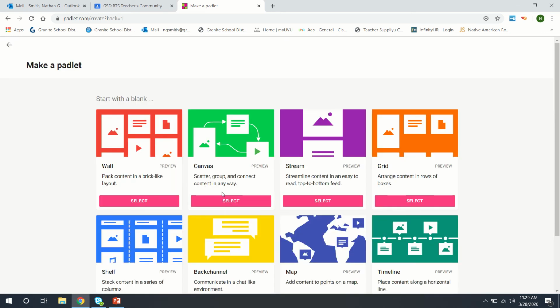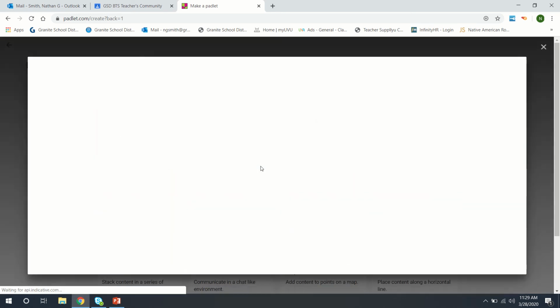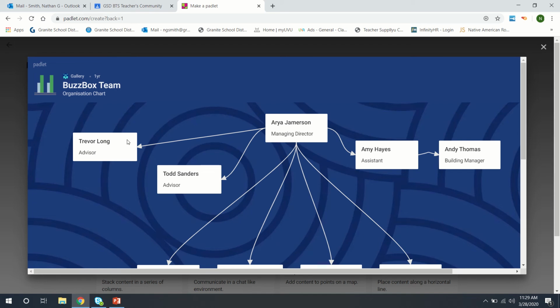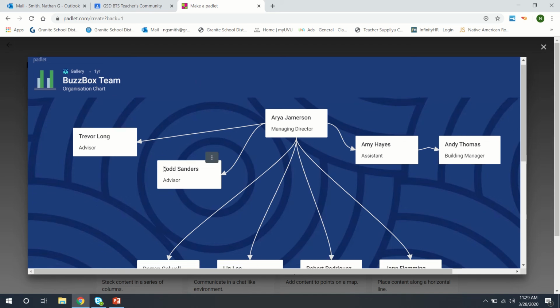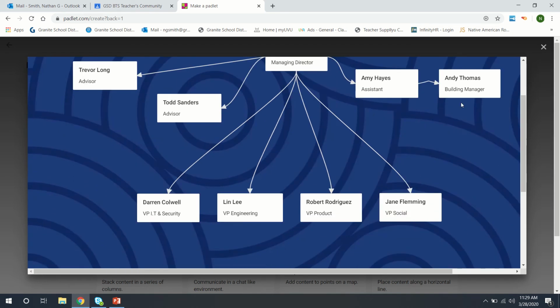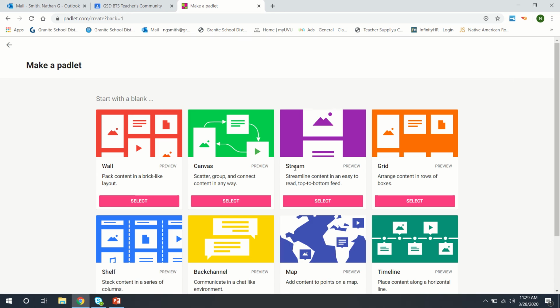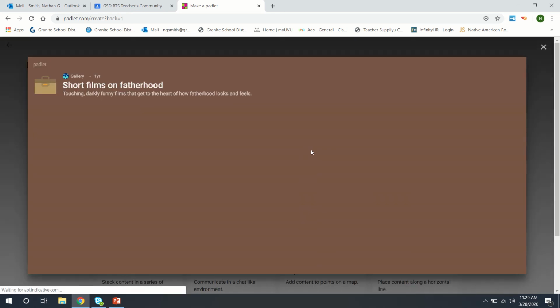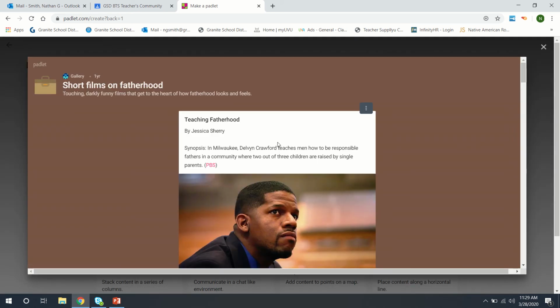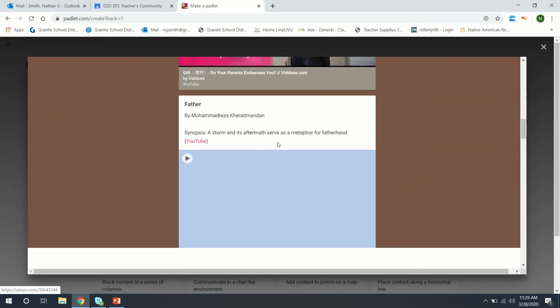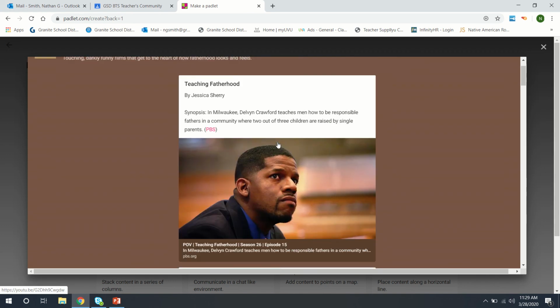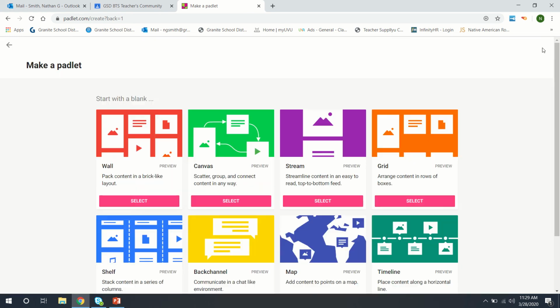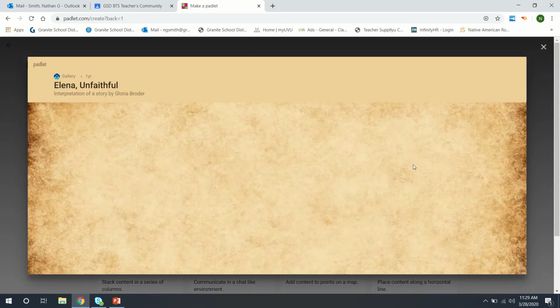However, if that's not your style, you can do Canvas, where you can kind of make the posts onto this bulletin board and move them around, connect them. They're more freely moving, that kind of thing. We can also do a stream, which is more like a live feed of social media where it scrolls and it's just one post on top of the other, or a grid, which is similar to the one I've got,